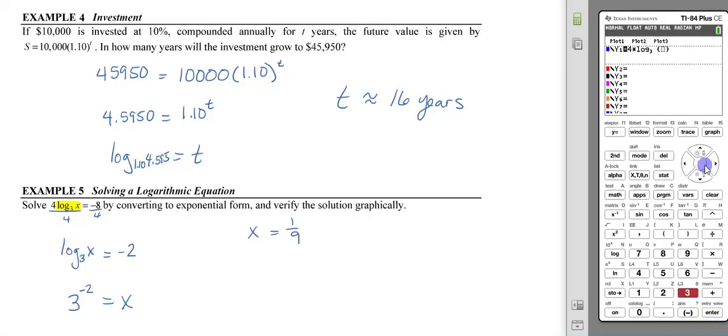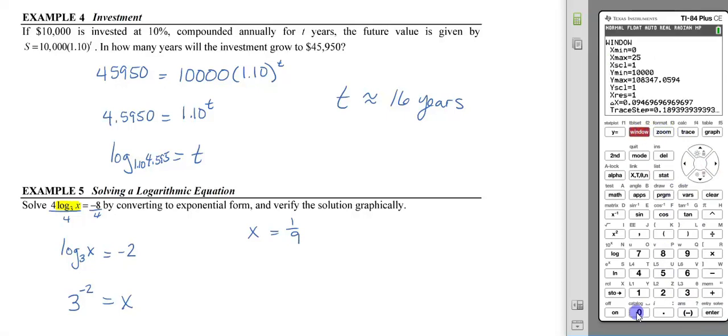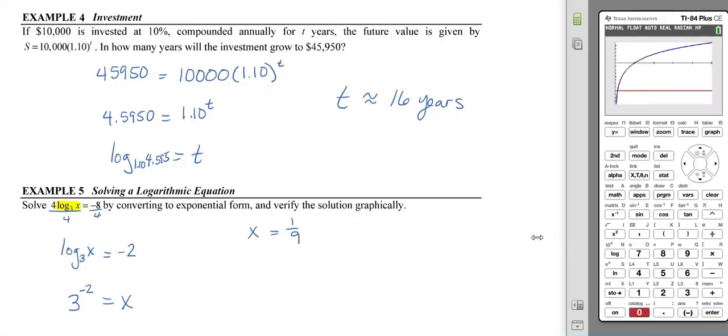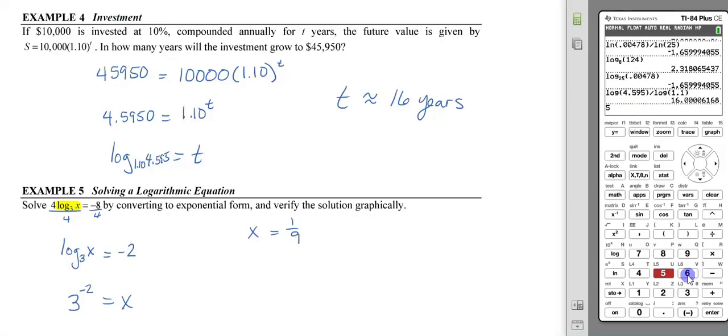Log base 3 of x, and the right side of the equation is -8. So let's do a window from 0 to 5 and zoom fit. We definitely see the intersection in the window, so we calculate the intersection